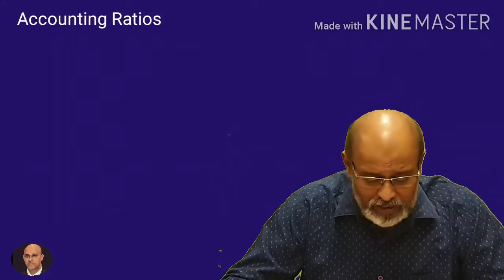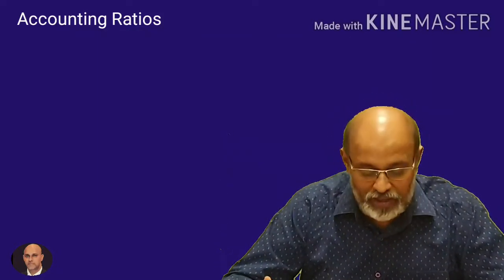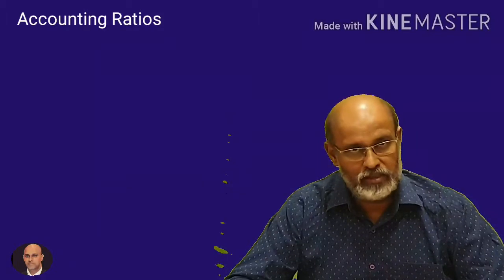If bills payable are there, you have to take that also. So it's 1 lakh and 1 lakh 60. So it's 2 lakh 80 divided by 2, which is 1 lakh 40. So 7 lakhs upon 1 lakh 40, that is 5 times. Now if you want to find out the average payable period in terms of days, it will be 365 divided by 5 times. That is your trade payables turnover ratio.